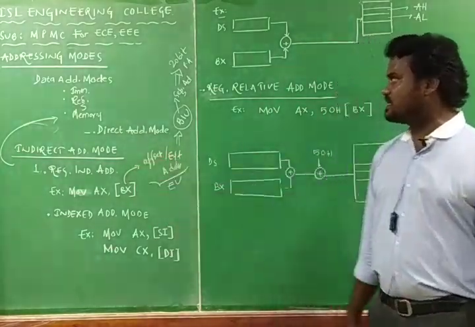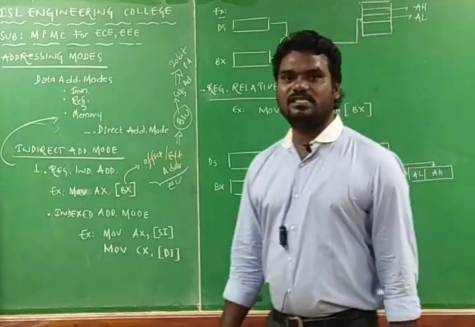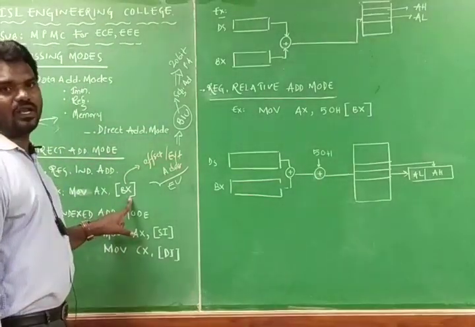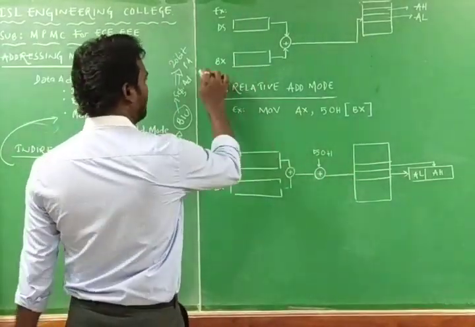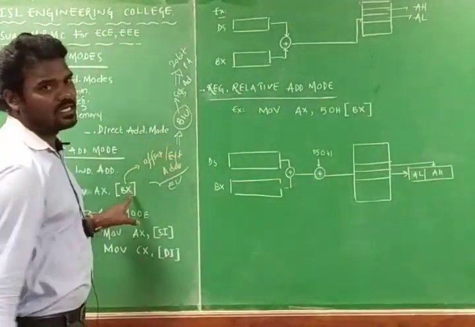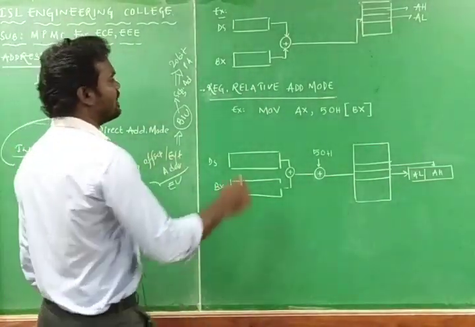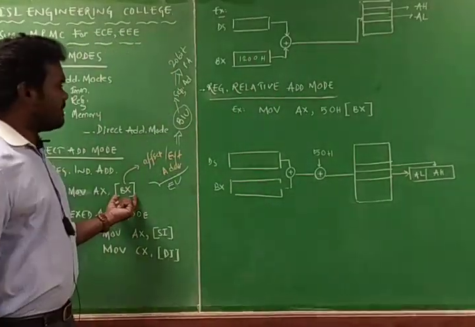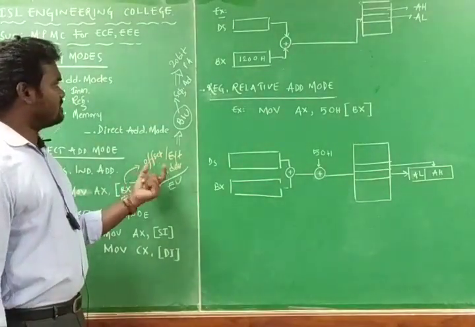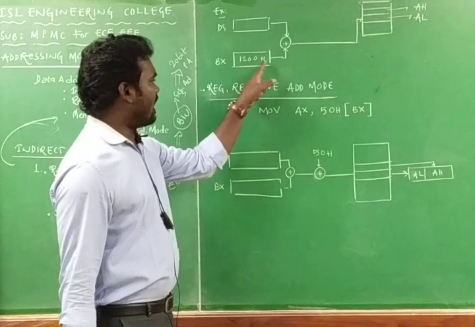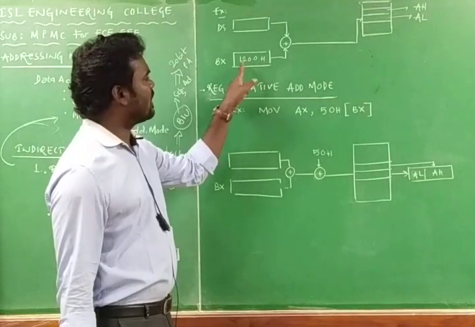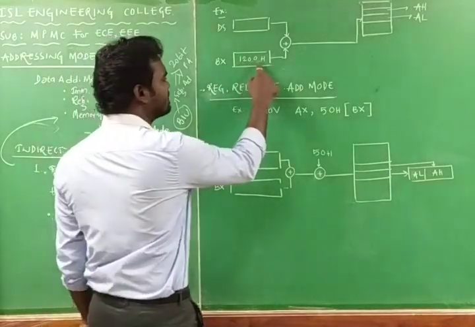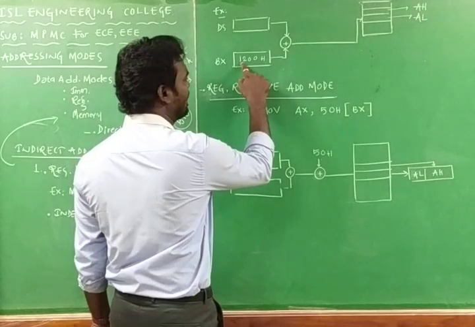That is about register organization. Coming to the example, I am going with an example in case of register organization. I am going to assume that BX is a 16-bit register, and I am assuming 1200H is the data in the BX register. H is nothing but a hexadecimal number, so each digit in this hexadecimal number is replaced with 4-bit binary, so that it is a 16-bit binary number.